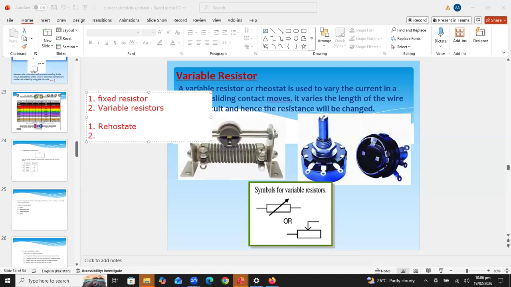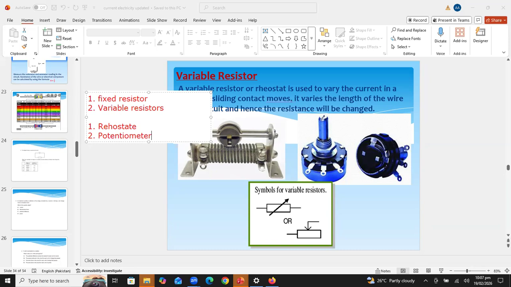The second type of resistor is called potentiometer. It's also a variable resistor. It is also called potential divider. Potentiometers are used to divide the voltage. They are used to change the resistance of a circuit. Potentiometers are variable resistors used to vary the resistance, and this is the symbol of a variable resistor. Especially in ATP, this symbol can be asked: what is the symbol of a variable resistor. So a potentiometer is a type of resistor whose resistance can be changed within the circuit.